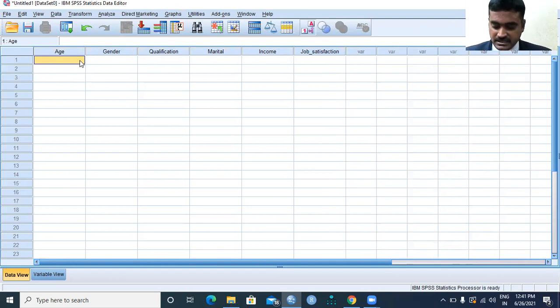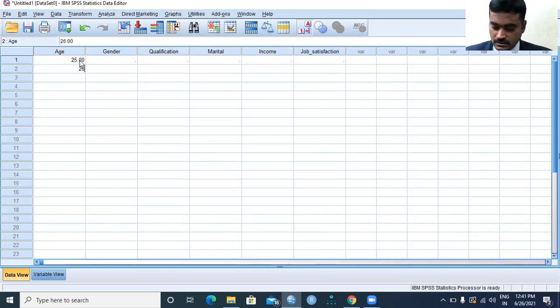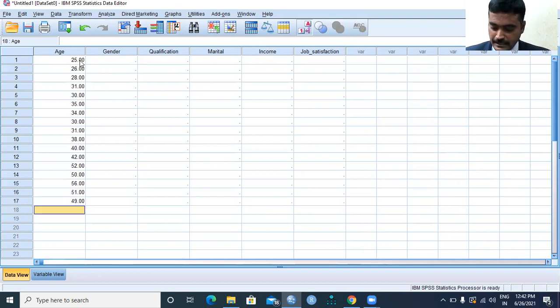Suppose the age: 25, 26, 28, 31, 30, 35, 34, 30, 31, 38, 40, 42, 51, 52, 50, 56, 51, 49, 42, and 57, and 28.